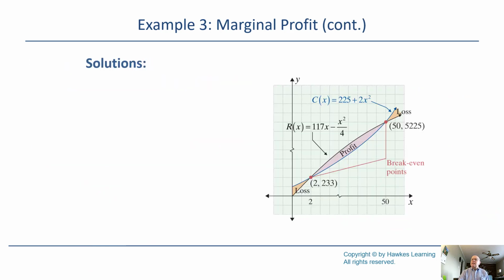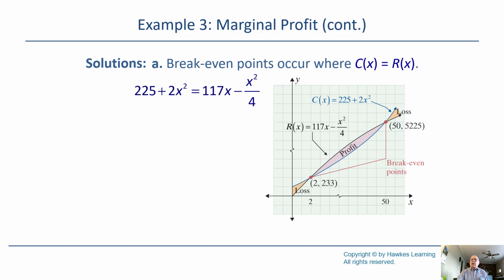So here we go. This is what the graph looks like. Break-even points where the cost and the revenue are equal, that's where they cross. That's why we set the two equal to each other. And we had this. Now what they did was something I suggested, remember? Multiply everything by 4. It makes things a little bit easier perhaps, which makes the break-even formula look like this